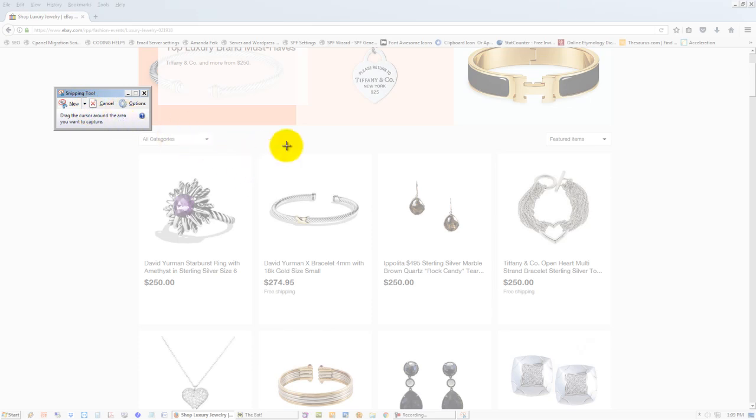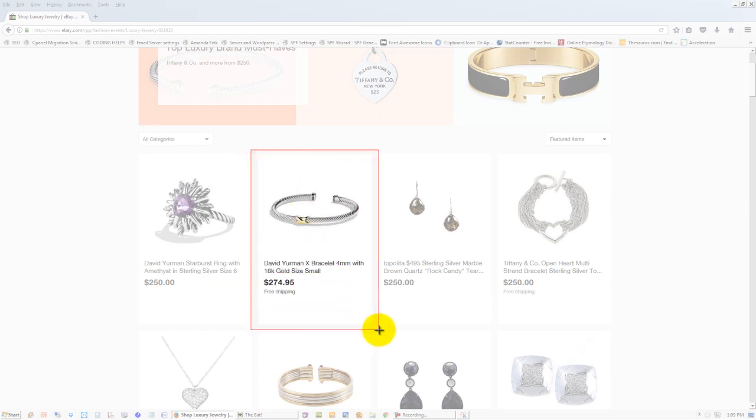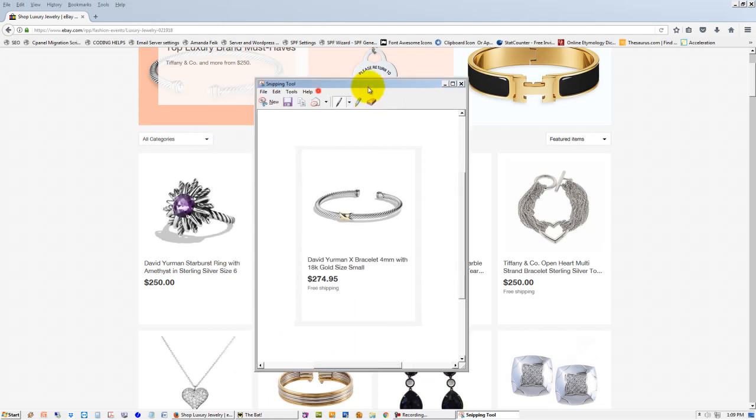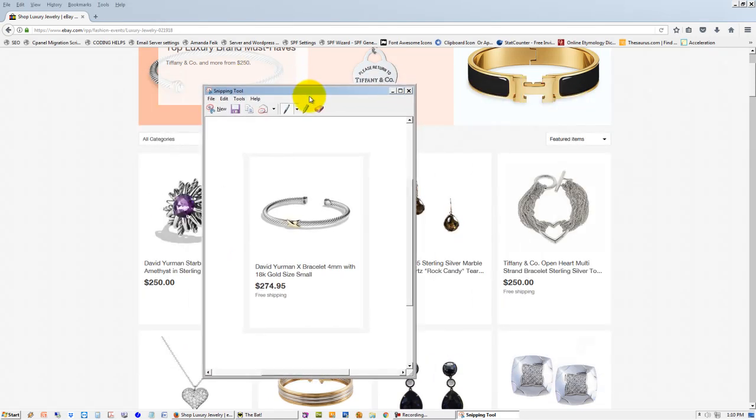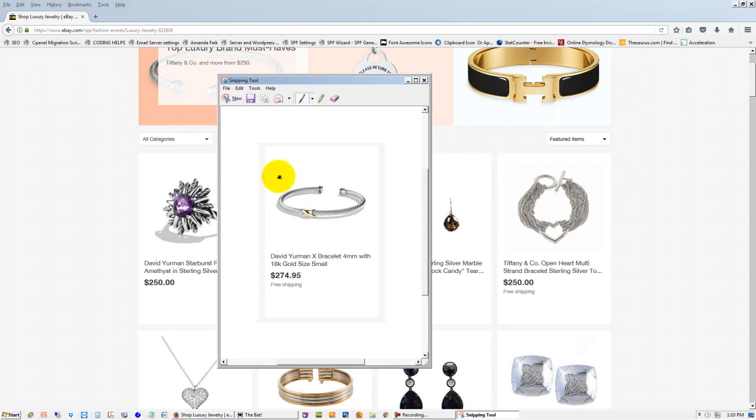And to use it, again, with the screen hazy like that, means it's ready and waiting for you. I'm just going to draw a rectangle around the area that I want to capture. And now it has captured that little piece of the screen and put it into its own little graphic. Now, once it's inside the snipping tool, as you see here,